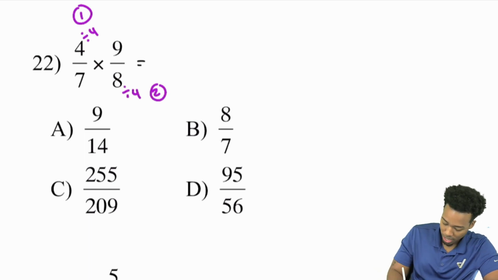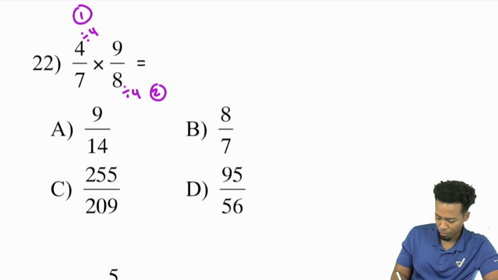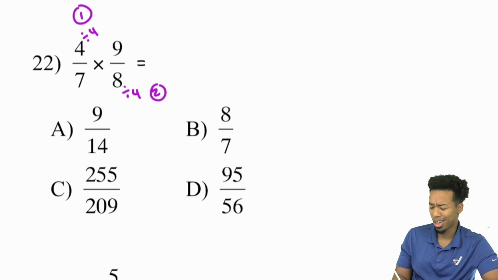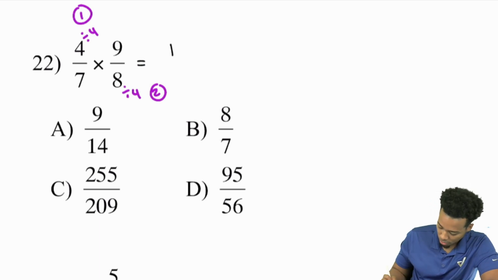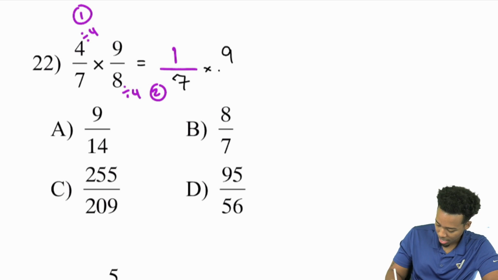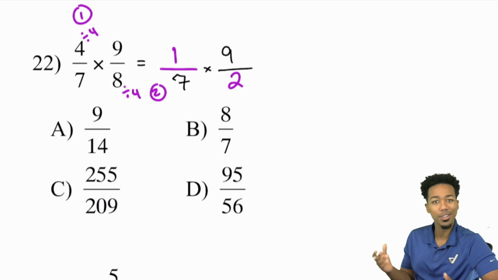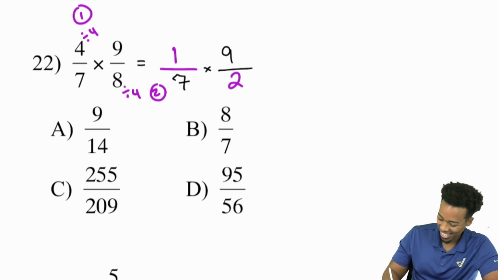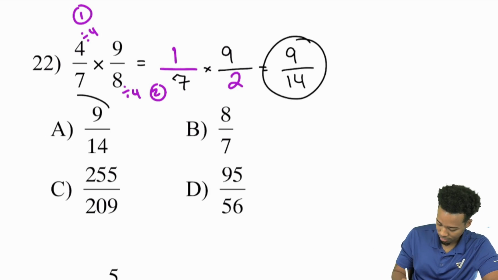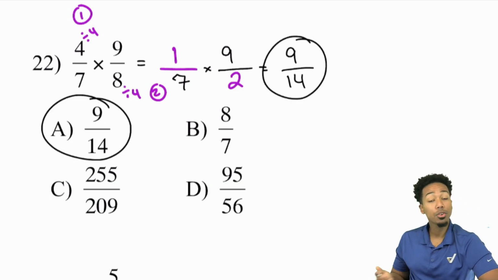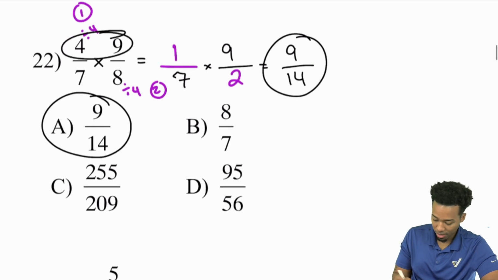And so I can rewrite this multiplication not as 4 times 9 over 8 times 7. No, it's going to end up being literally 1 over 7 multiplied by 9 over 2. And so from there, knowing that there's nothing else that we can simplify, we're in the clear. We got this. We can just say, hey, 1 times 9 is 9, 7 times 2 is 14. We're done. If you would have multiplied it the regular way, you would have gotten 9 times 4,